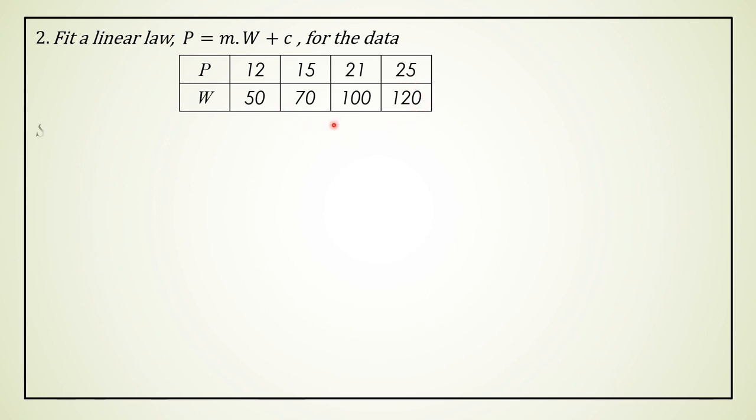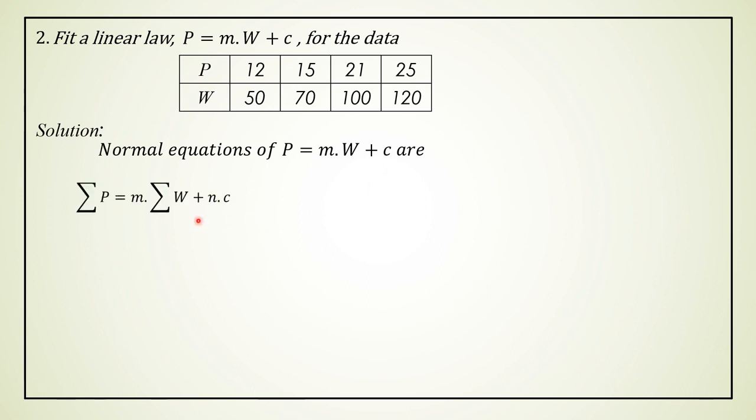So we will just find the normal equations for the given equation here, that is P is equal to mw plus c. Observe here you have m into w plus c into 1. Therefore, you have to multiply 1 throughout and take the summation of it, that gives the first normal equation. The first normal equation is summation P is equal to m into summation w plus summation of c. Whenever you are taking a summation of constant, it becomes n into c.